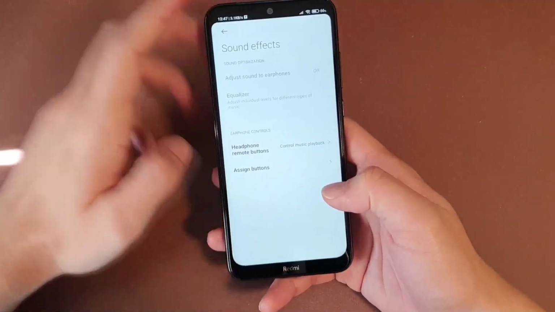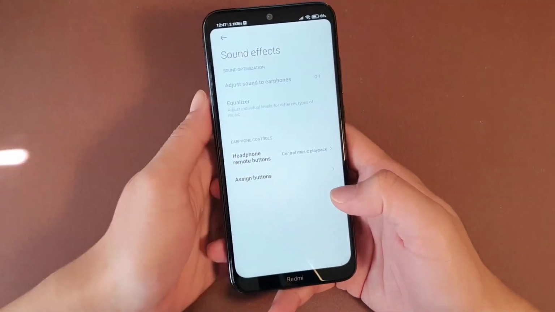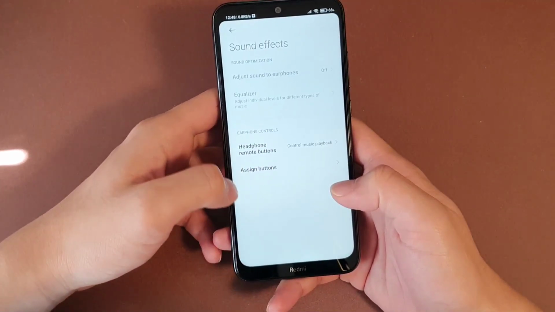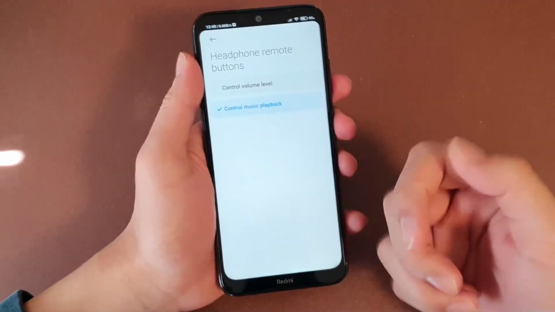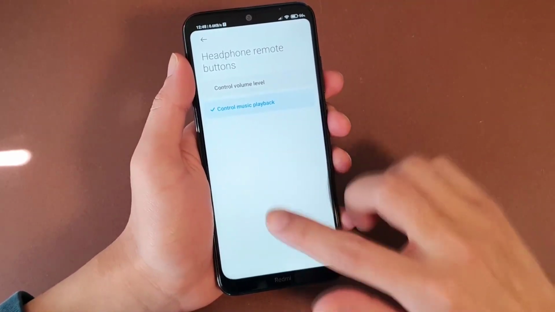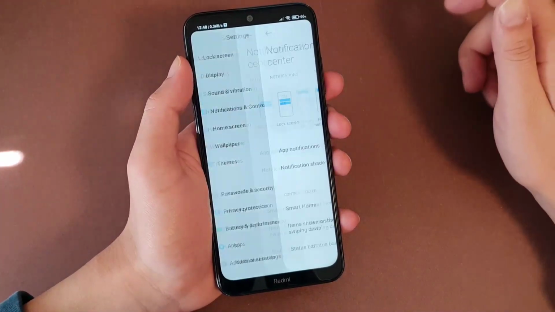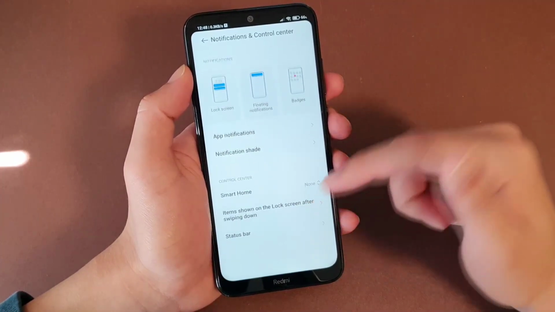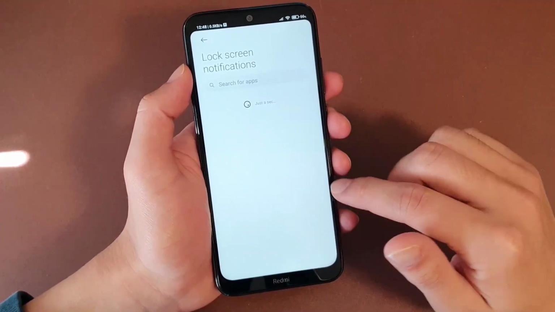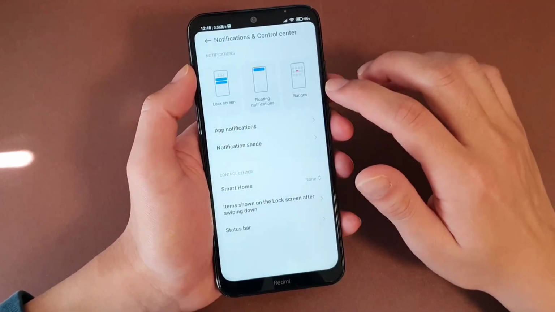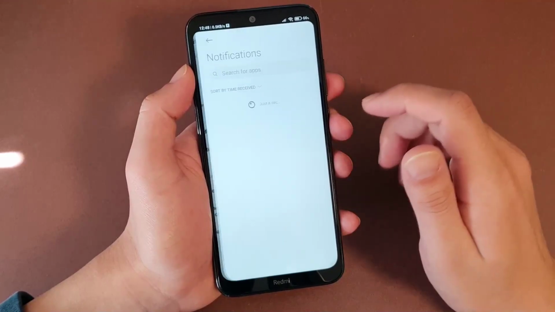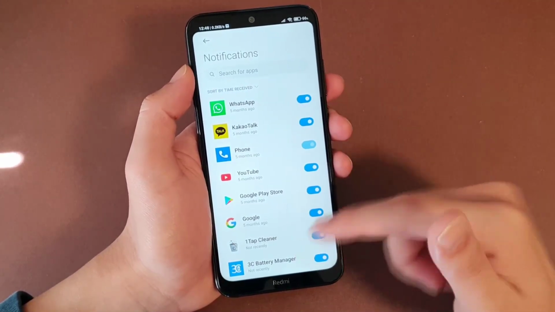And sound effect, nothing special. When I plug in the earphone, I just have an equalizer and those kinds of things, and the headset button, what I'm going to use. And notification and control center, so I can see which notifications show in the lock screen or floating, or the badge. In-app notification, which app I'm going to receive,